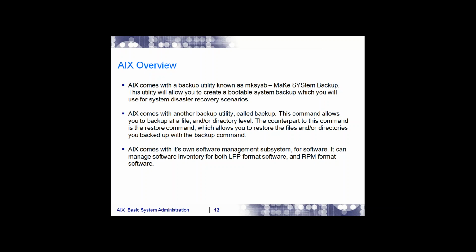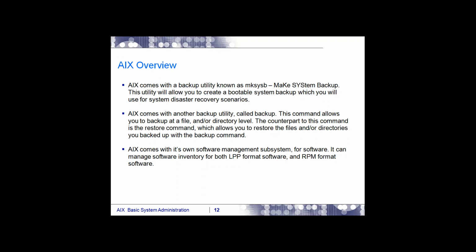one machine. I will prepare everything, take the mksysb backup of that machine, put it into the NIM, and from the NIM I will push it to the 100 servers. So what happens? All these 100 servers get installed within 1 hour, within 2 hours. That is the advantage, right?